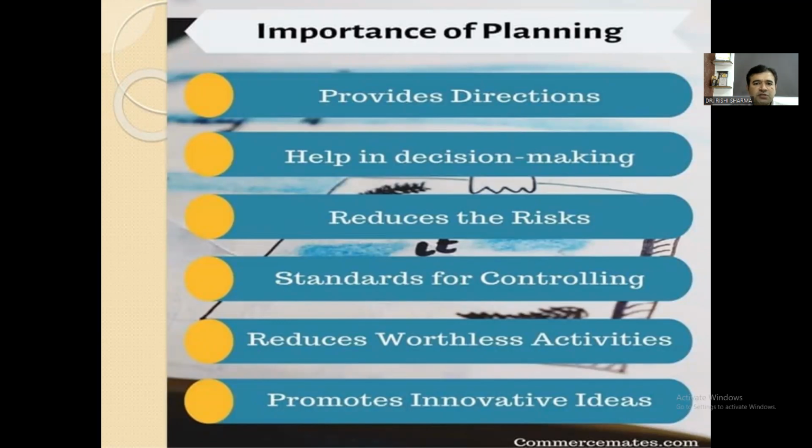Okay, so to summarize, planning provides us direction. It tells us what direction we have to move in as per the objective or the purpose of the organization for which it exists. Then planning helps in decision making. When you have several alternatives and you have to come up with one particular decision, which is most appropriate and most wise, it reduces the risk, it removes the uncertainty, and planning sets the standards for controlling,